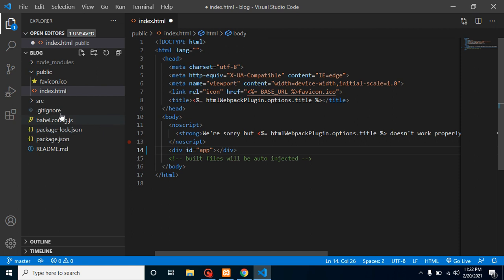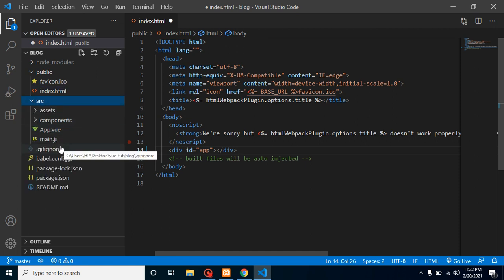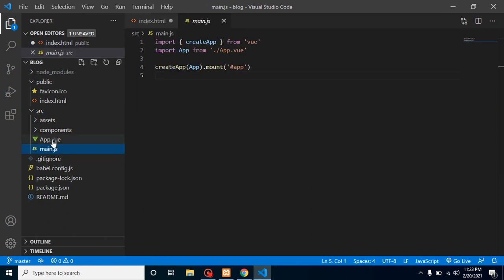And this id is basically what connects your html to your vue.js. Here you can see main.js, which is basically the entry point of your javascript in your application. Here you can see that the app id is mounted with our Vue application, right?